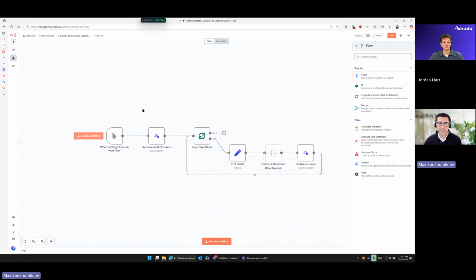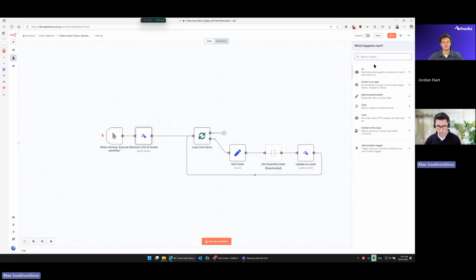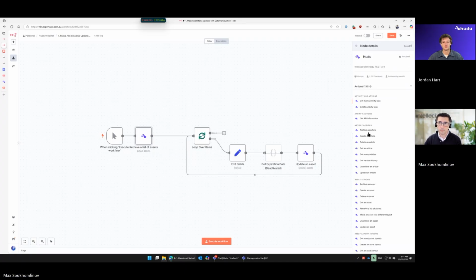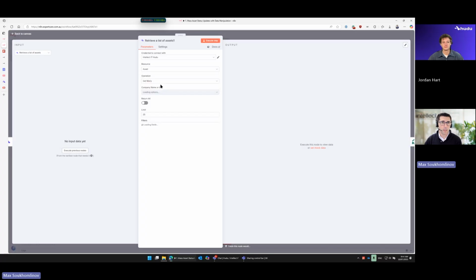If your operation is simple and all you want to do is retrieve a bunch of assets, in this case, and then make a single action to each of the assets that has come through, then there's no need for looping. What N8N will do is get 20 records. Those 20 records will be retrieved by this node and passed on to the next node. If the next node doesn't need multiple steps in that particular activity, so for example, if all I want to do is an update,